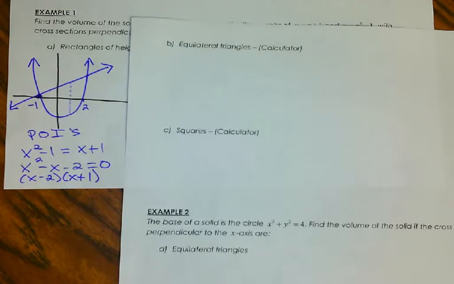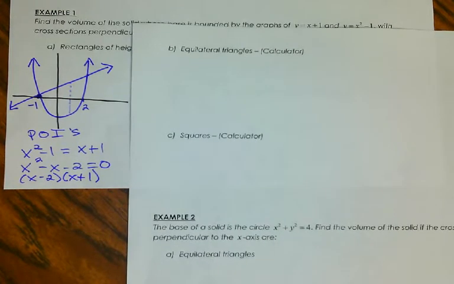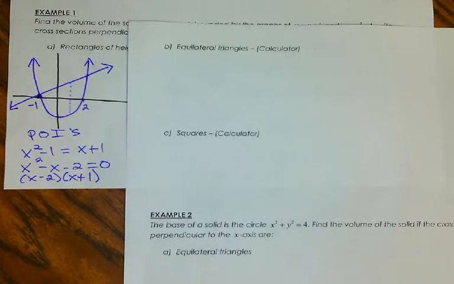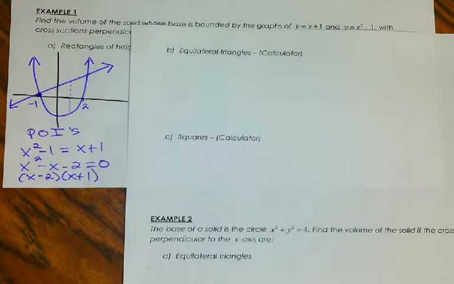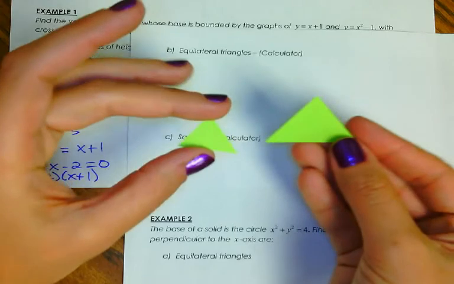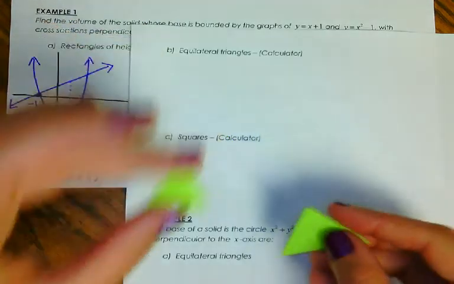Okay, in part B, we're going to be using the same graph, but we are now going to be finding the cross-section with an equilateral triangle. So what does that look like? What does that mean? So I had some equilateral triangles here, and so I have kind of, you know, two different, they're not perfect because I just cut them out, but